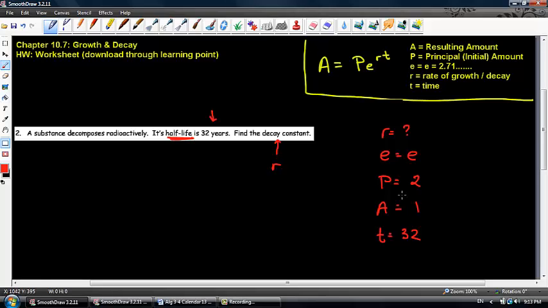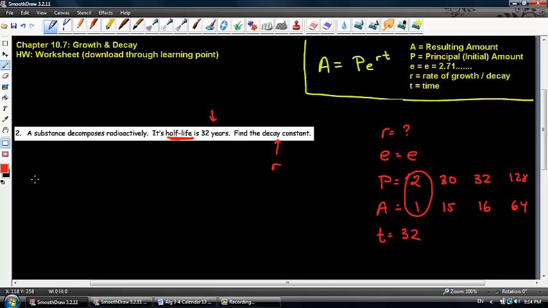I can choose any combination of numbers I want. If I chose the initial amount being 30, that means the resulting amount needs to be 15. I think you're getting the idea here. If I chose 32, then it would be 16. If I chose 128, it would be 64, and so on. I think you guys get the idea by now. So for simplicity's sake, I'm going to choose 2 and 1 as my P and as my A,